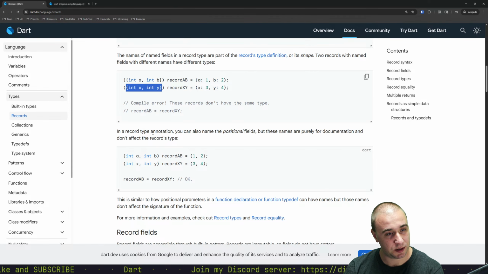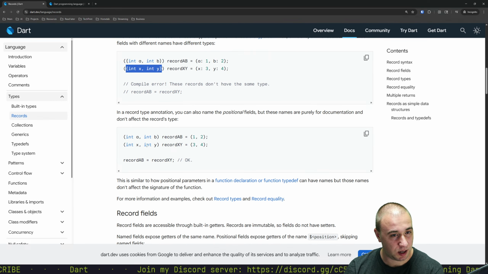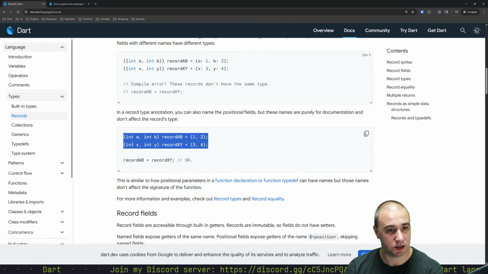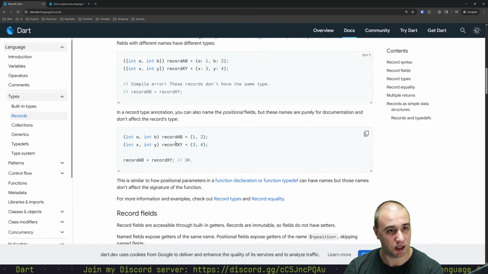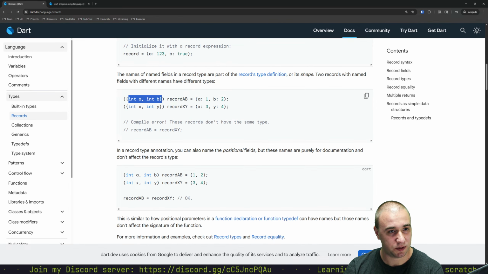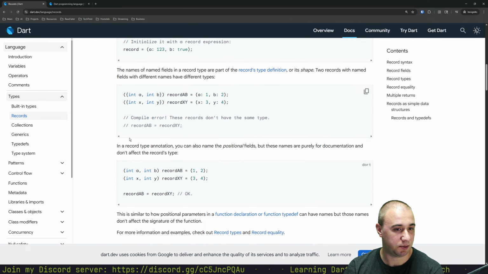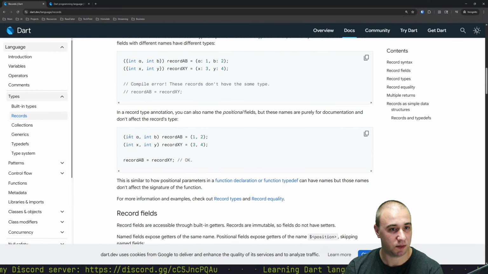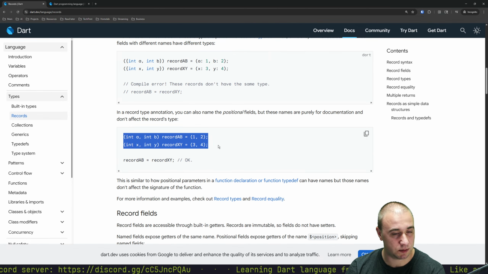Because they're not in parentheses. Okay. I mean, whatever, curly brackets. I see. Okay. So I can still name them. Here the names are ignored. Kind of confusing if you're not looking for it specifically, but at the same time, nice. Okay. I can see that this is something very useful,